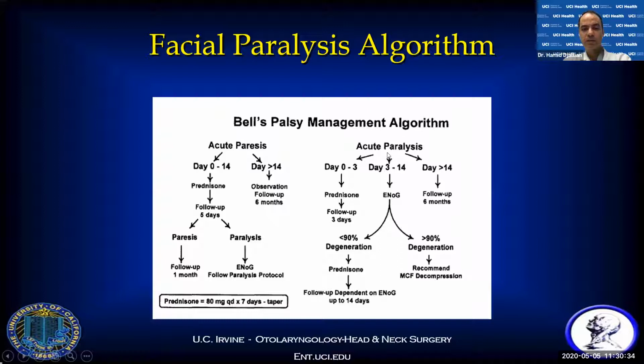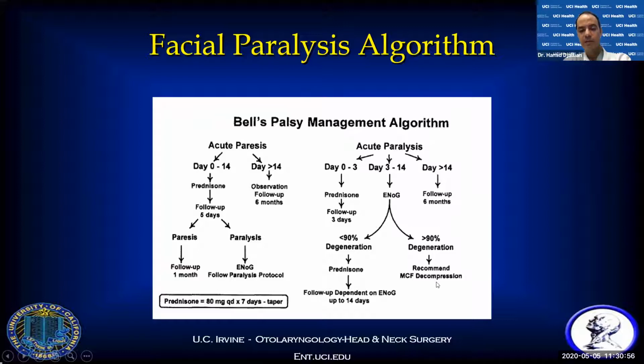So we're talking about paralysis now. In the first few days, you of course follow them, and then depending on how they're doing, you put them into this arm, essentially, if they've had some recovery, which is uncommon, but it can happen. Then you do ENOG. If it's less than 90%, you just kind of leave them be. If it's greater than 90%,